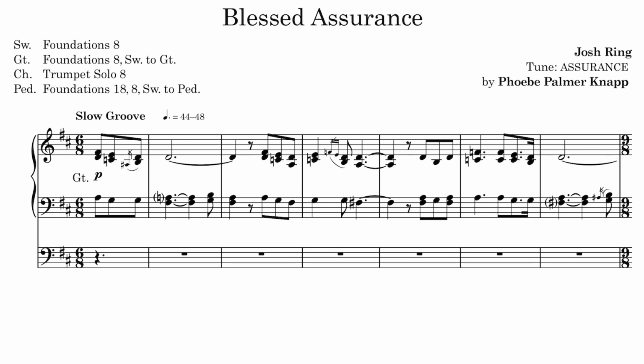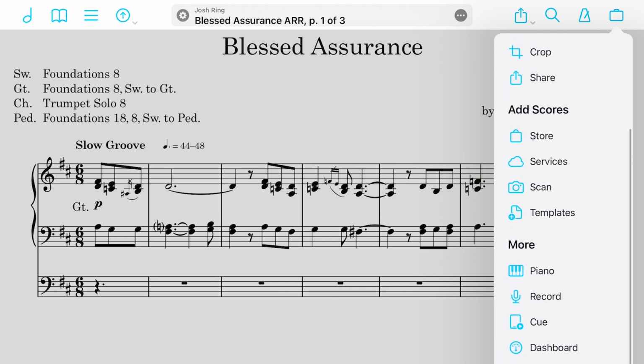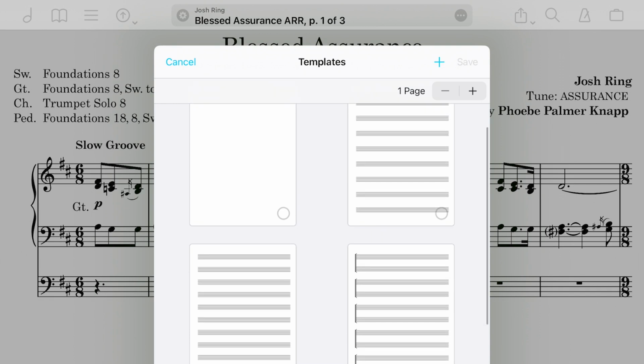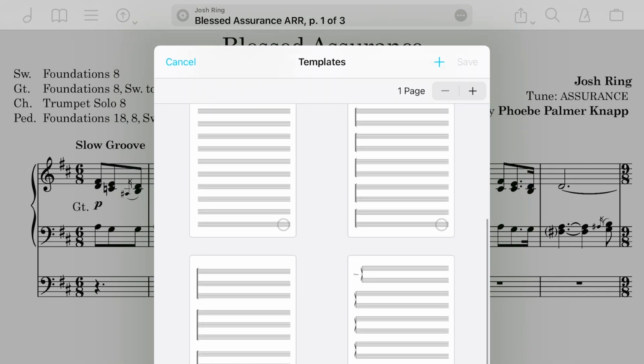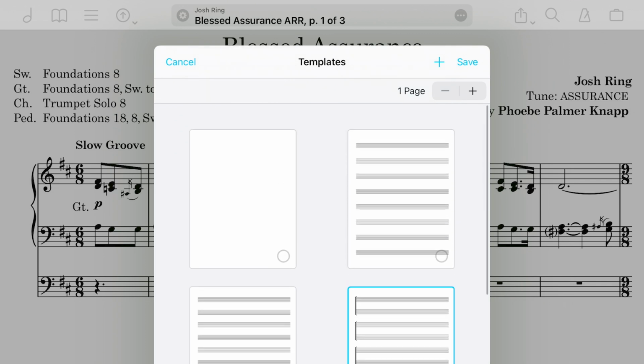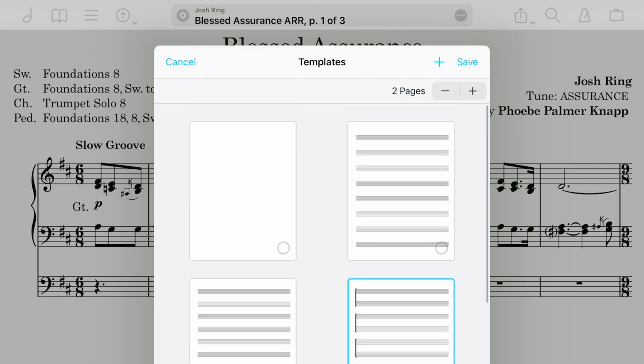So let's say you would like to have a blank score. A way to do that is you go into the toolbox, scroll down under add scores is this template. So if you tap on that, you have some options. Is it just a blank page, just blank staff, or maybe you have some things grouped together, a few bars or grand staff. So you can decide, is it going to be 1 page long, 2 pages long,